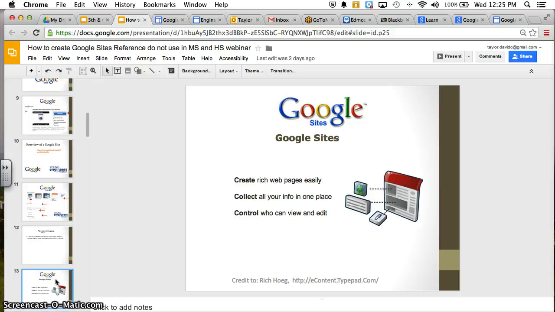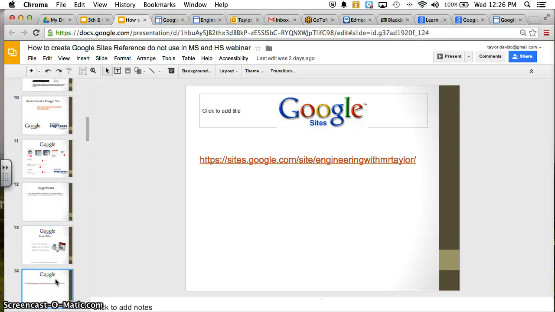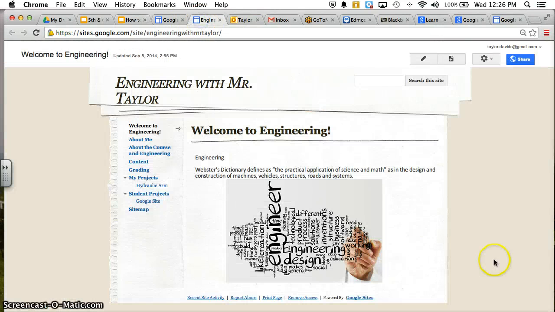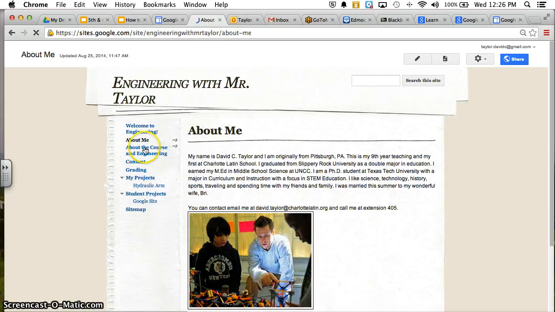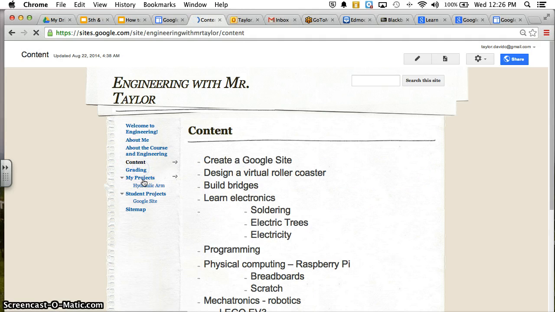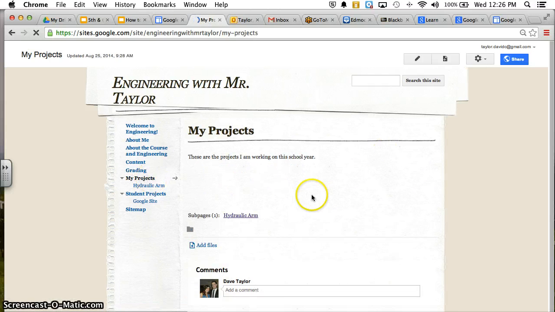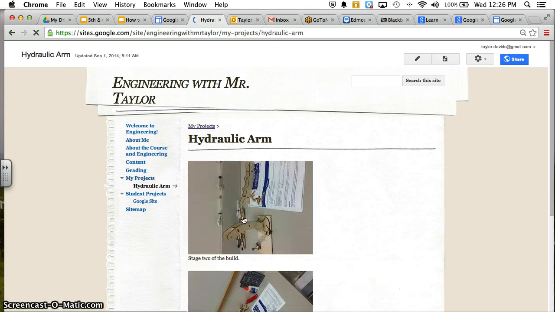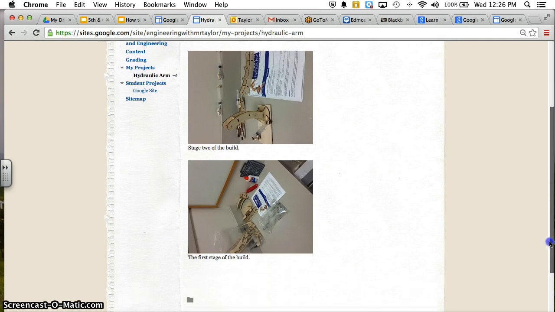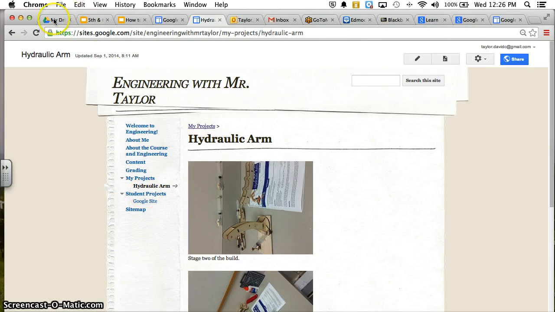Now, Google Sites are creative, they collect data all in one place, and they're easy to control. Now, here's an example of mine that I've made. This is just Engineering with Mr. Taylor, and one of the major features is that I added an About Me page. How you add pages is right here, New Page. I have content in here, grading, my projects, because I'm working on projects as well, and one of the projects I'm working on right now is building a hydraulic arm, so I've been uploading some photographs. All right, now